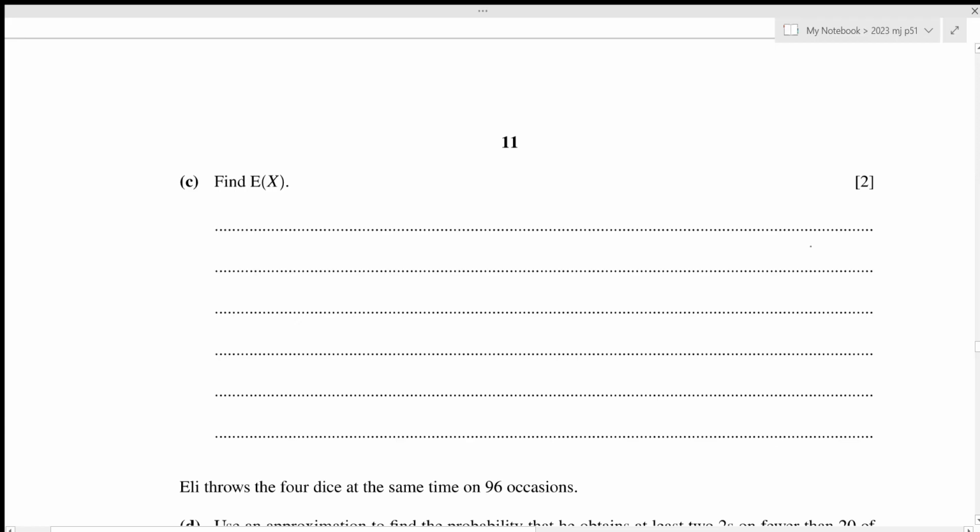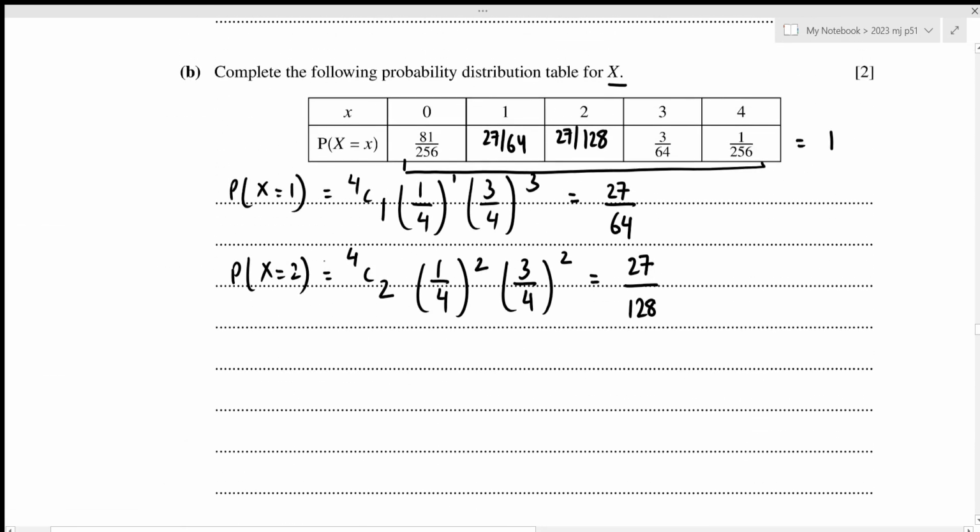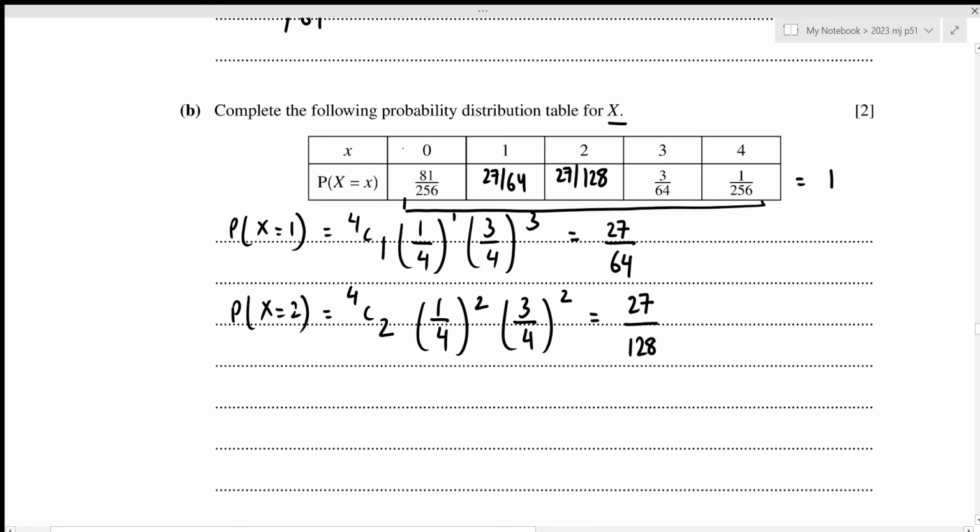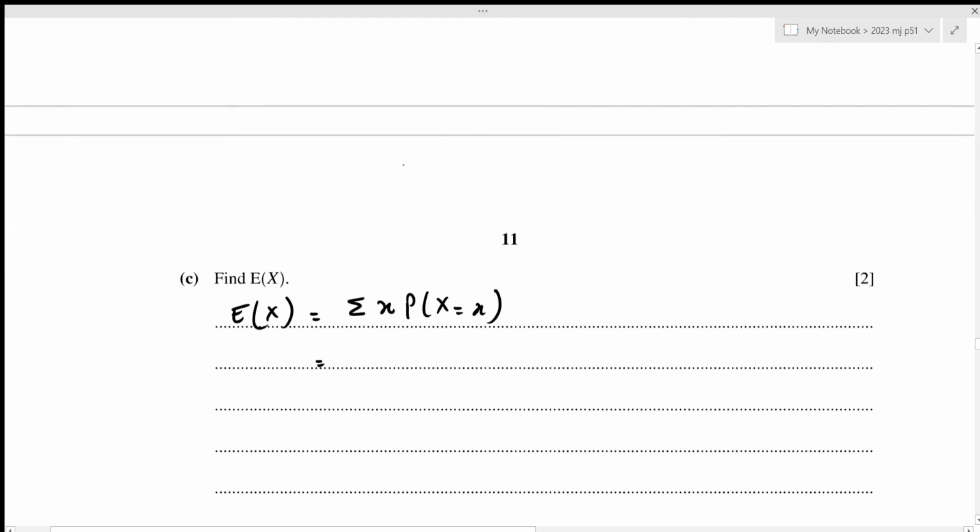Now we need to figure out expectation of x, which is basically the mean. And expectation of x is just the summation of x multiplied by probability of x equals to x. So we need to refer back to our probability distribution table. That will be 0 times 81 by 256